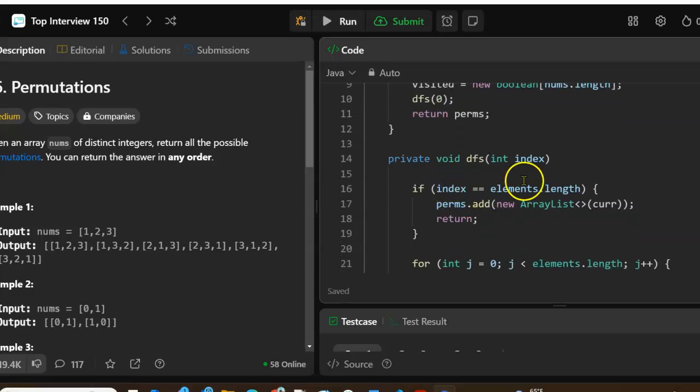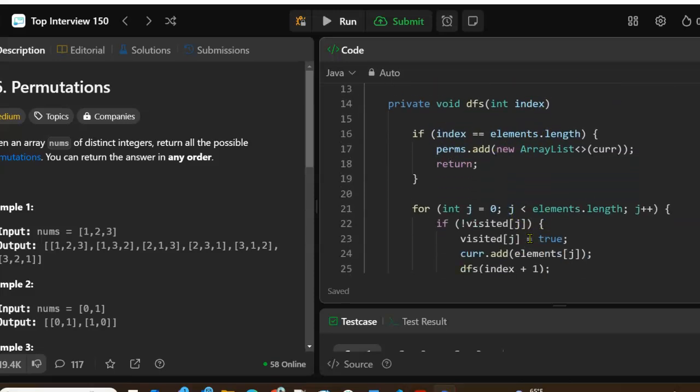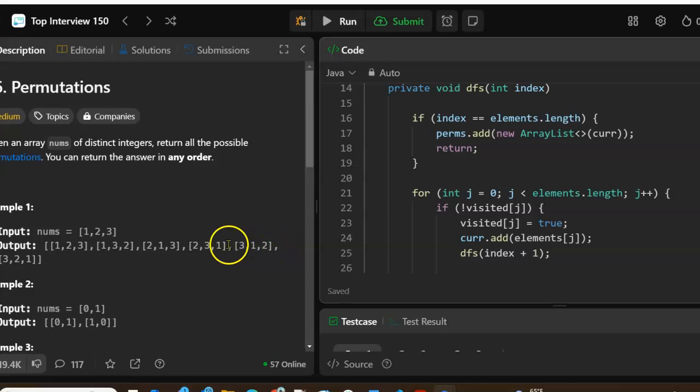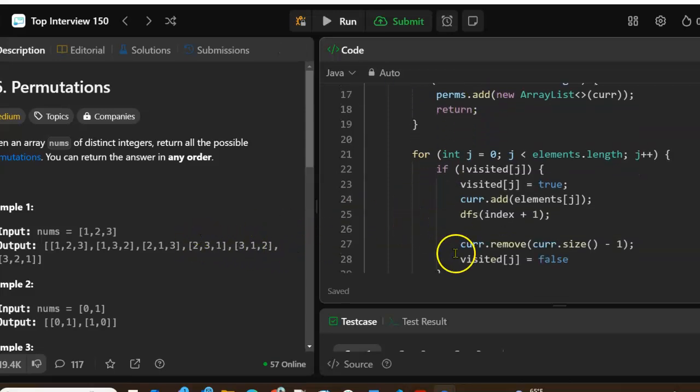Okay, so we'll come in here, index is 0. Is 0 equal to elements.length? Well, elements.length in this example is 3, so no, it isn't. Then we'll go through the loop for j equals 0. Is the element at 0, which is 1, visited? No. All right, so we set it so it is visited, and we add it to the current